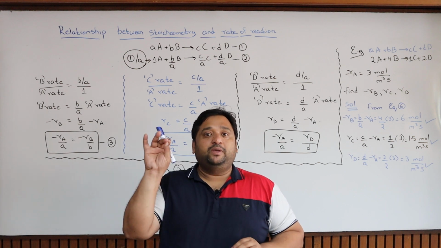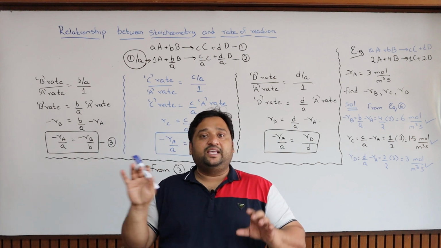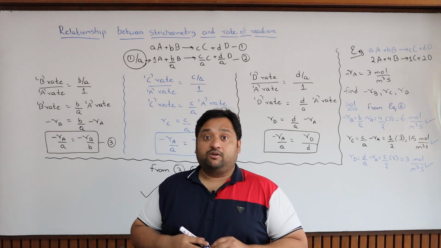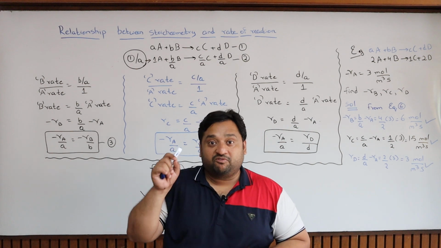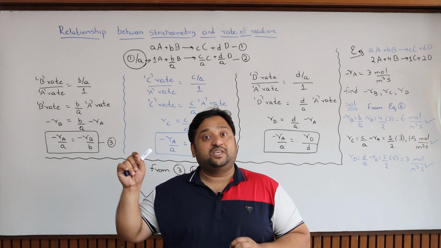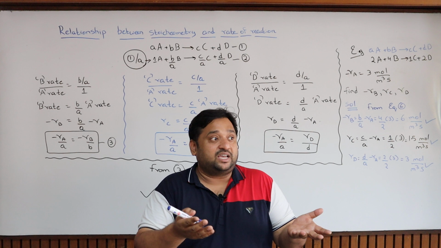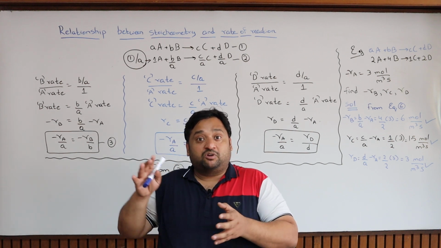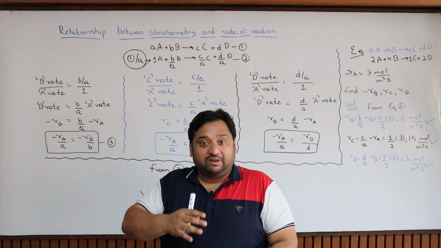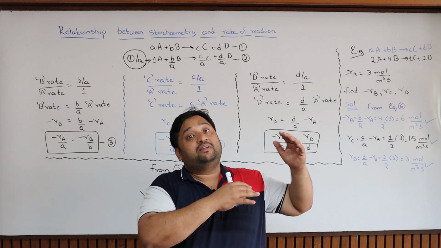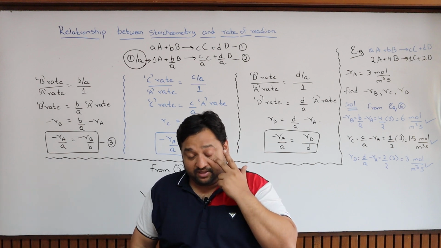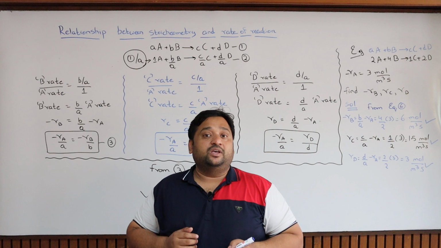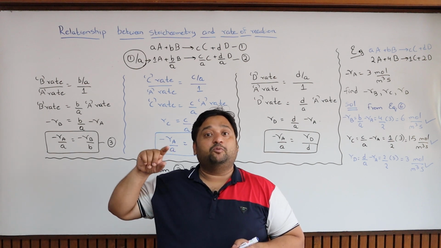Let us say A plus B gives rise to C plus D is a simple reaction we are talking about, or 1 mole of A plus 2 moles of B gives rise to 2 moles of C plus 4 moles of D. If this kind of stoichiometry exists, different amounts of A will be consumed, different amounts of B will be consumed, different amounts of C and D will form, and the speed is also going to change. If 2 moles per meter cube per second,